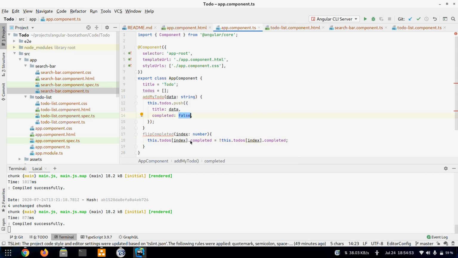Initially it will be false. Whenever we click it, it will become true, and if we click it again, it will become false. Okay, so we added this method in the component because we have all the todos here. So whatever changes we want to make, we'll make it inside the component.ts file.